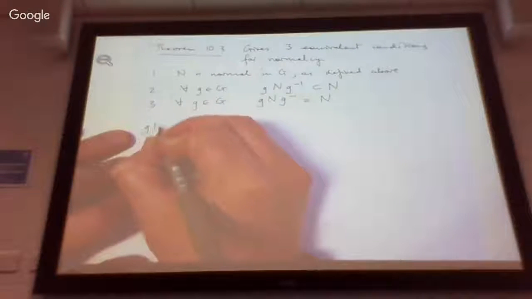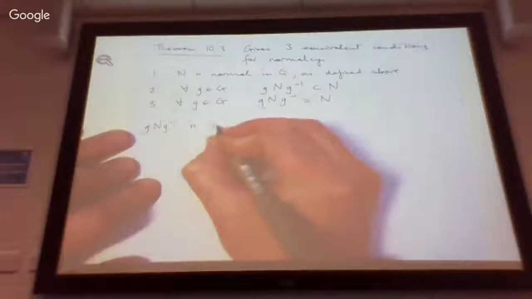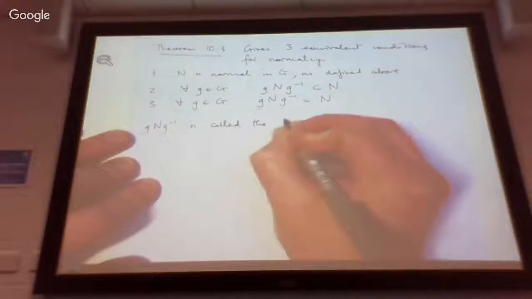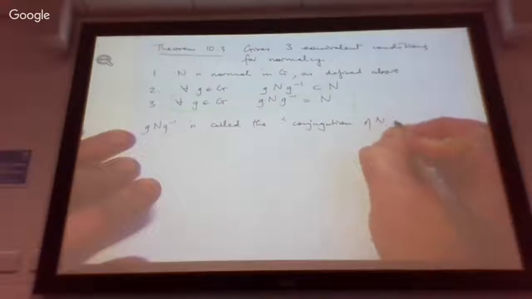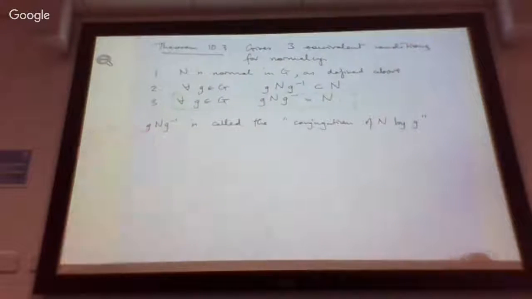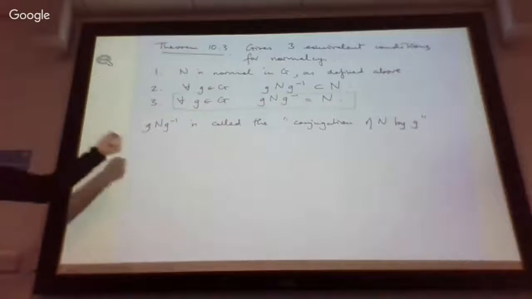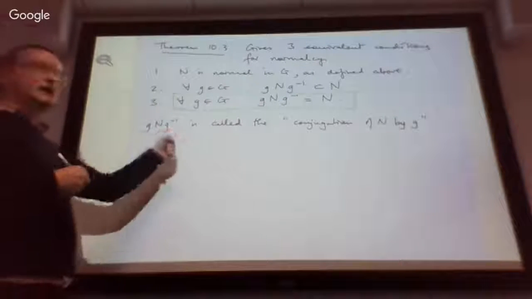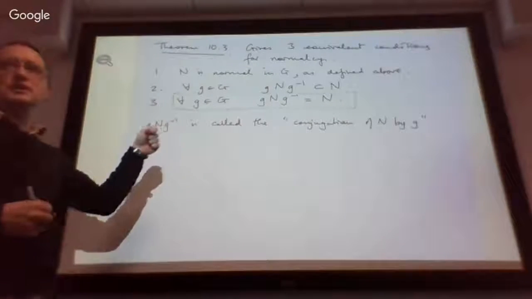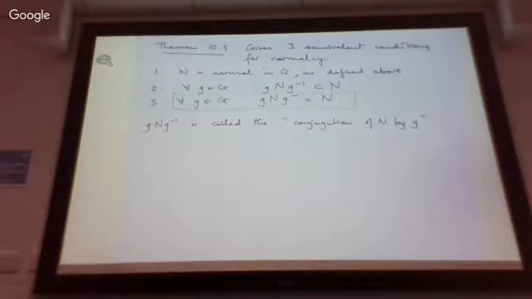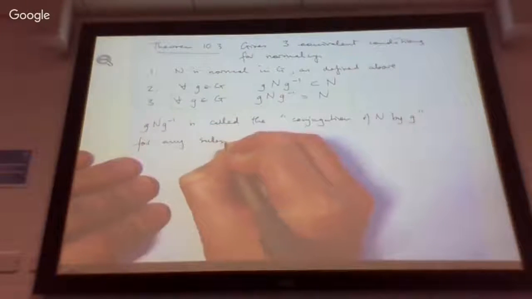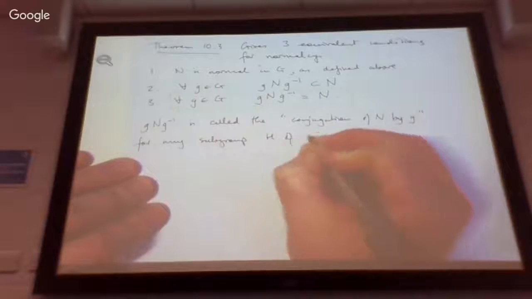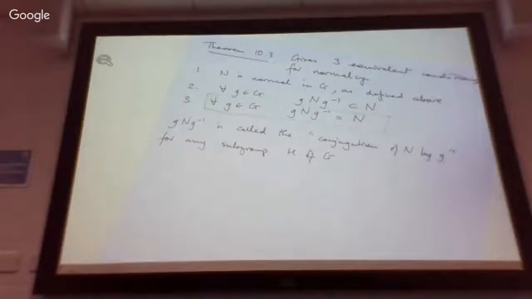So this kind of construction, g n g inverse, is called, as I said, the conjugation of N by g. Conjugation is this operation of multiplying on the left by a certain element, and multiplying on the right by the inverse of that same element. But this is an interesting operation. For any subgroup H of G, so I'm just talking about any group here at all,